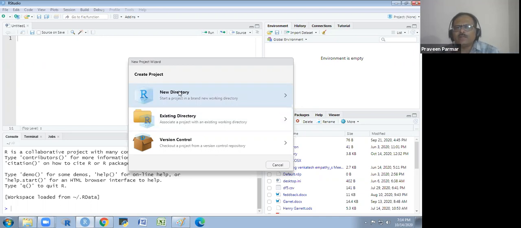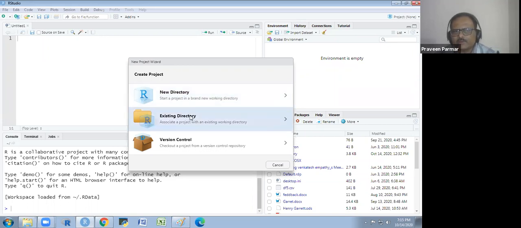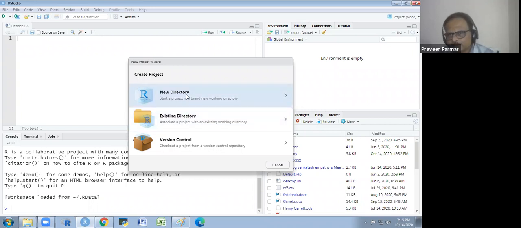If you already have a folder and you want to create that folder as a project, that is the existing directory. Directory means the folder here. Or if you want to create a new folder which you want to use as a project, you will use the new directory.